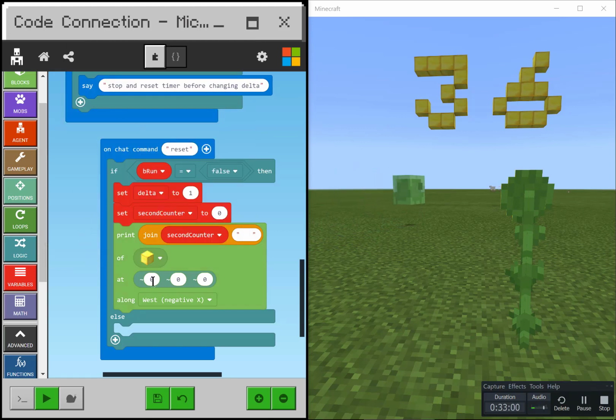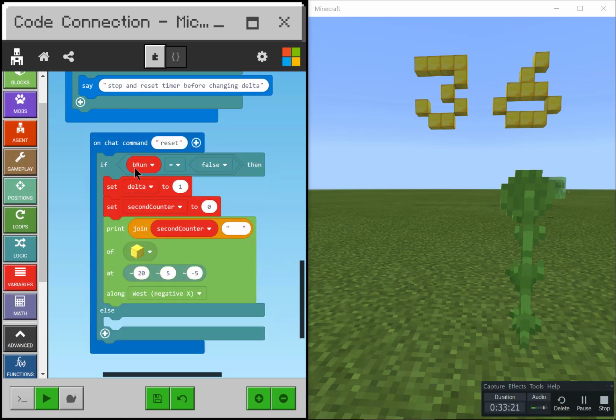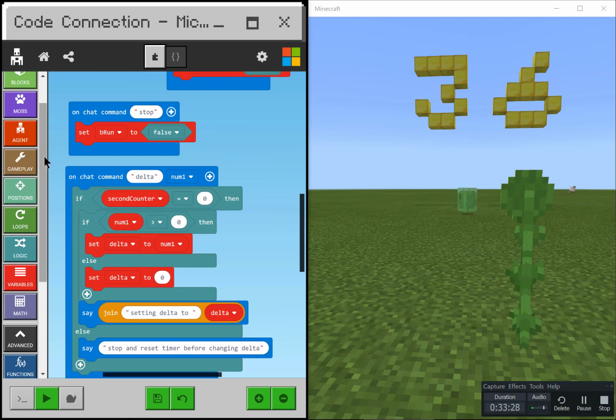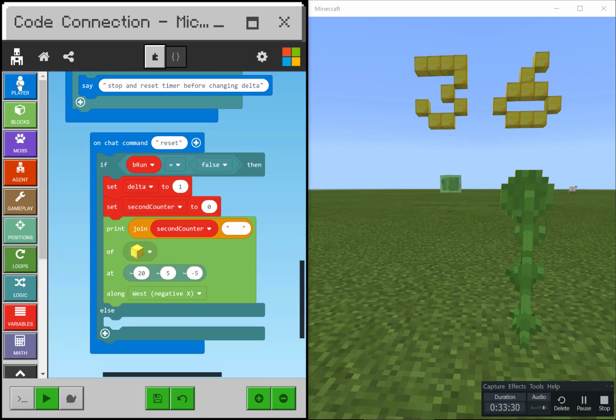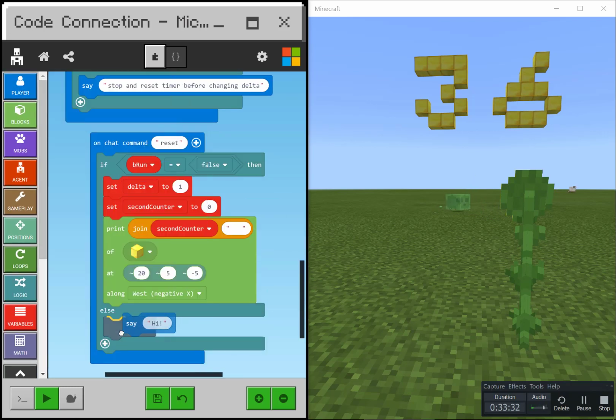And we're going to print it at the same place, which is 20 blocks in front of me, 5 blocks to the left, and 5 blocks above me. Okay, and then if brun were true, then that would be this space, and we're going to tell the user that we can't reset it right then. So we're going to go to here, and we're going to say